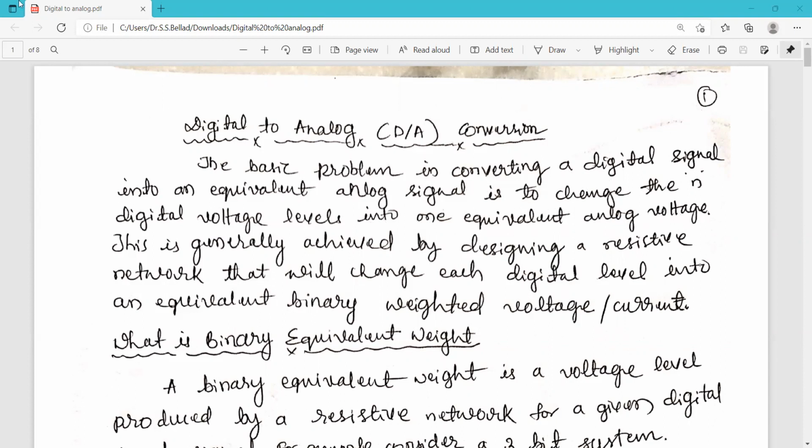That means this conversion process is sometimes very necessary for some devices where a digital signal is to be converted into an analog one. For example,